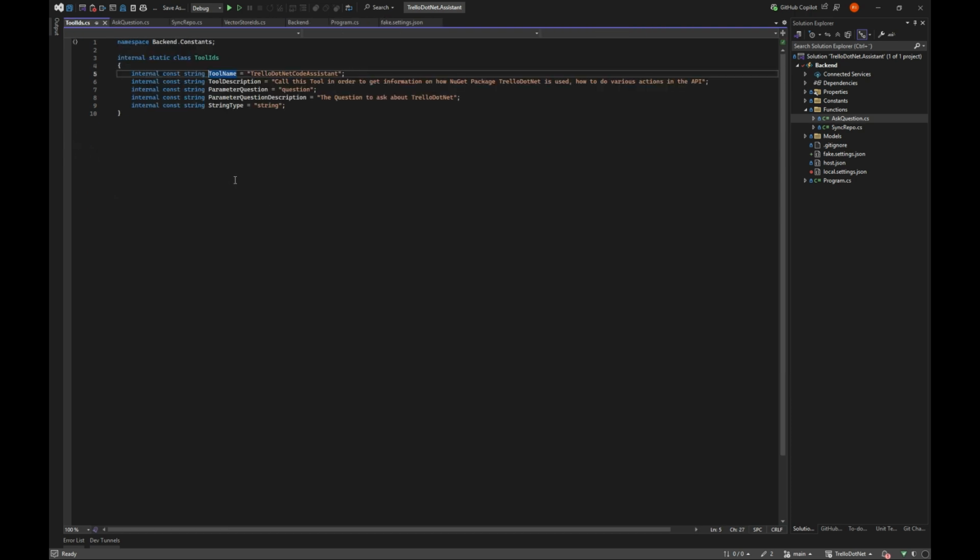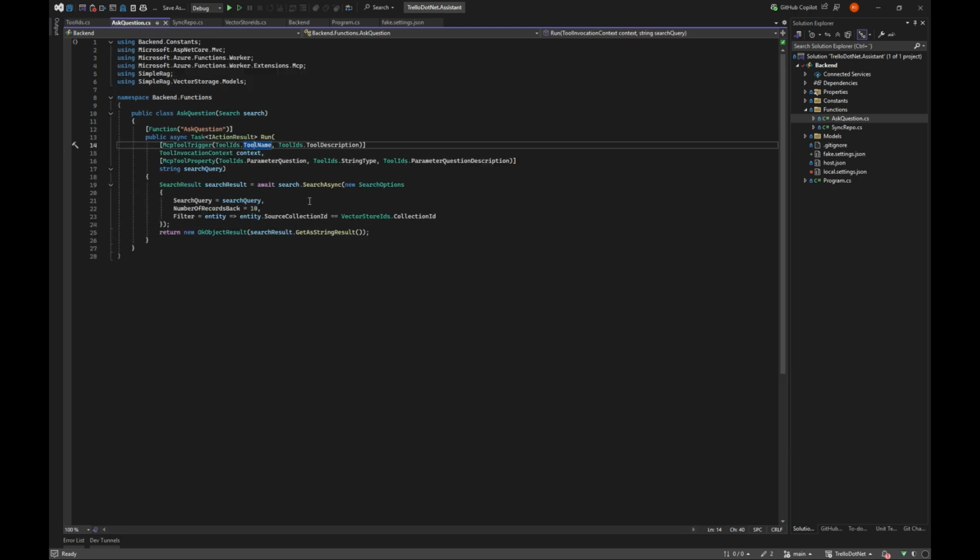I call my tool Trello.net Code Assistant, give it a description, say I can give a question and a description of that question. And then I use the search here, which comes from Simple RAG. And I just send the data back without me almost doing anything here.